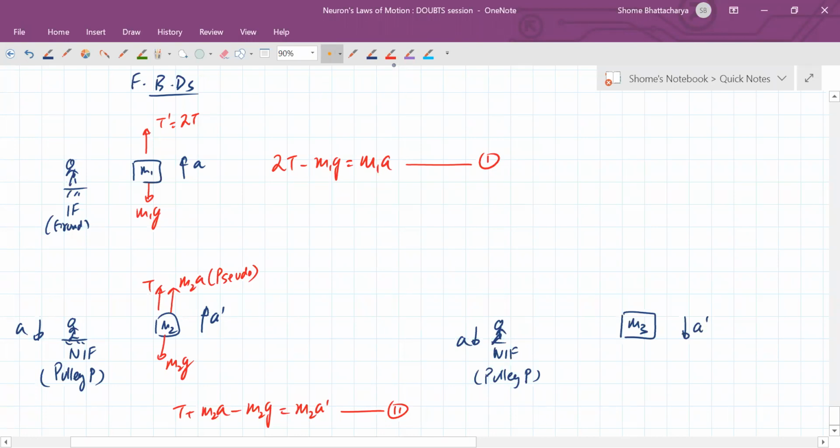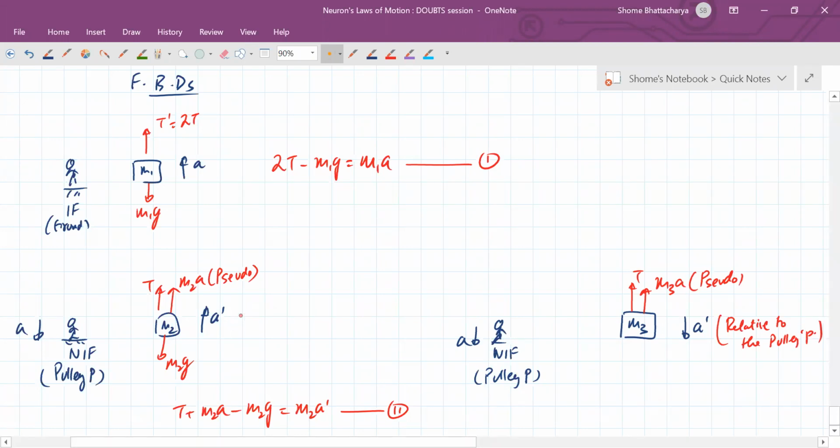So the forces acting on it are tension T, pseudo force. तो सी pseudo force में जो acceleration term है वो किसका acceleration है? Frame का acceleration है. Whereas इस frame में body का acceleration कितना है? That is A prime. So this is the acceleration relative to the pulley or in the non-inertial frame of the pulley.